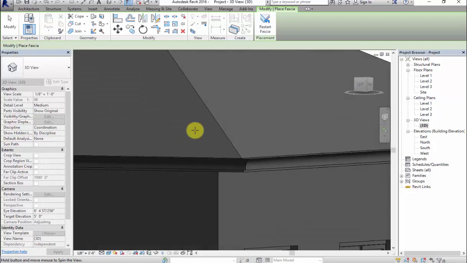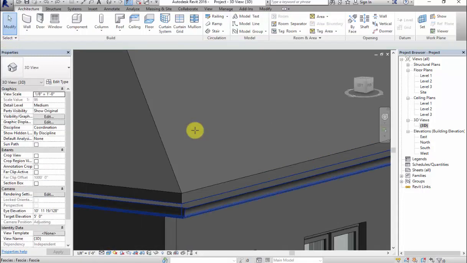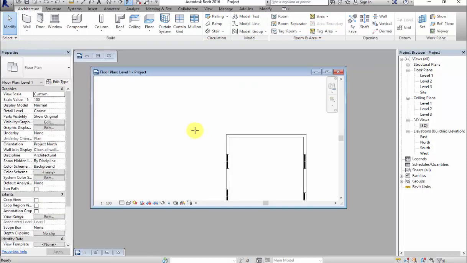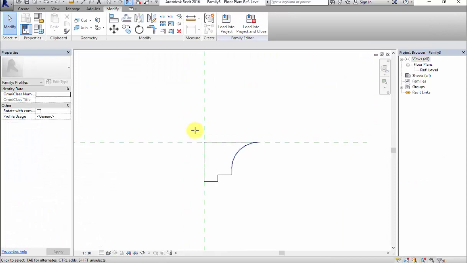Suppose you are placing it down. Here what you can do is I'll go to my family again, select this and move it to the third quadrant.